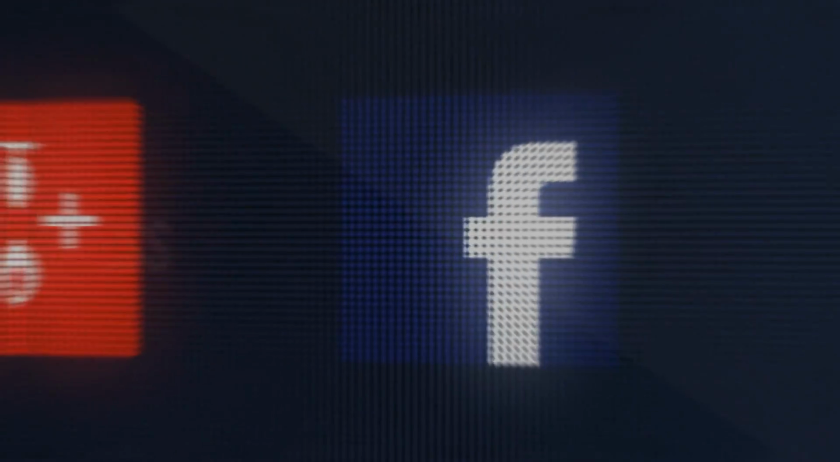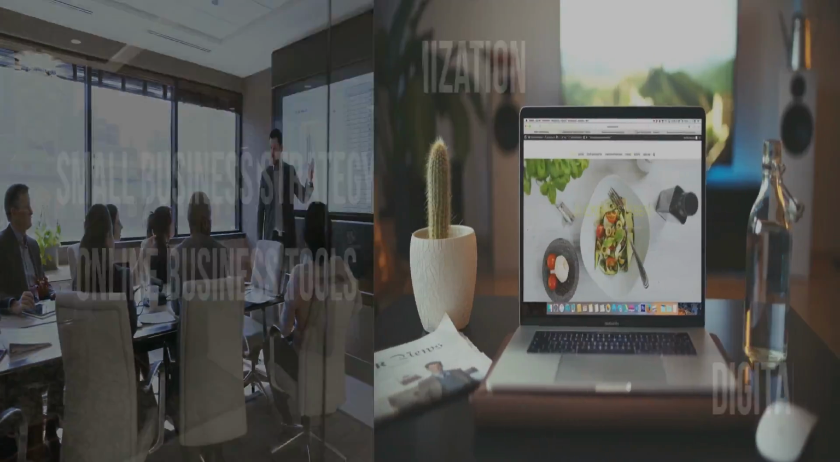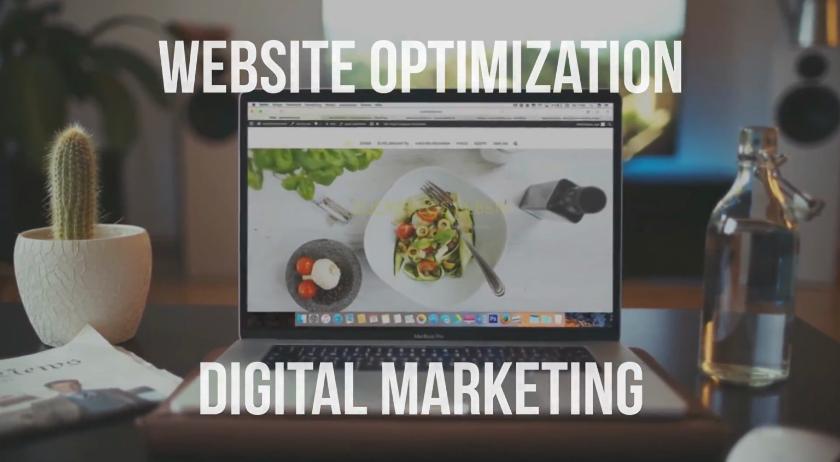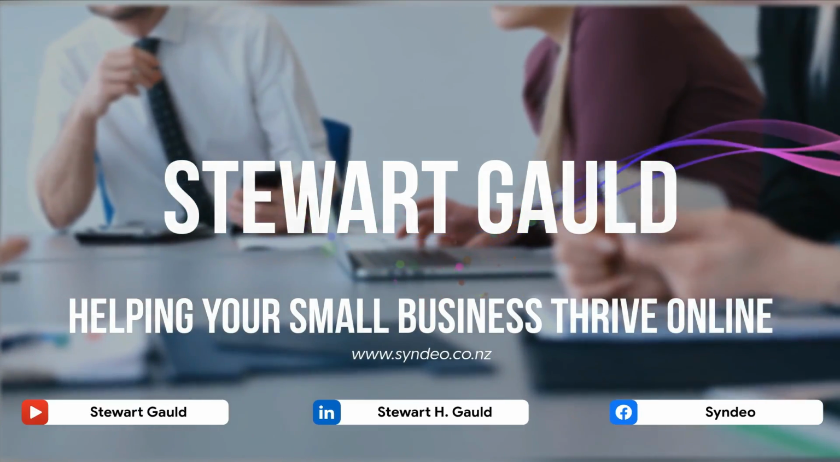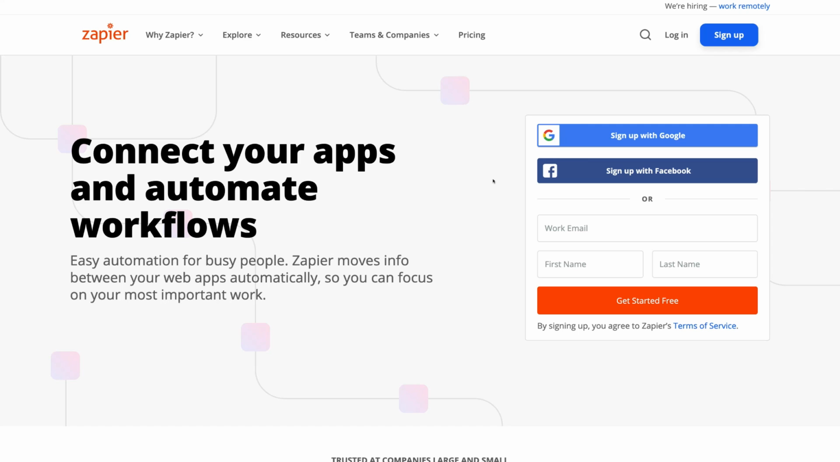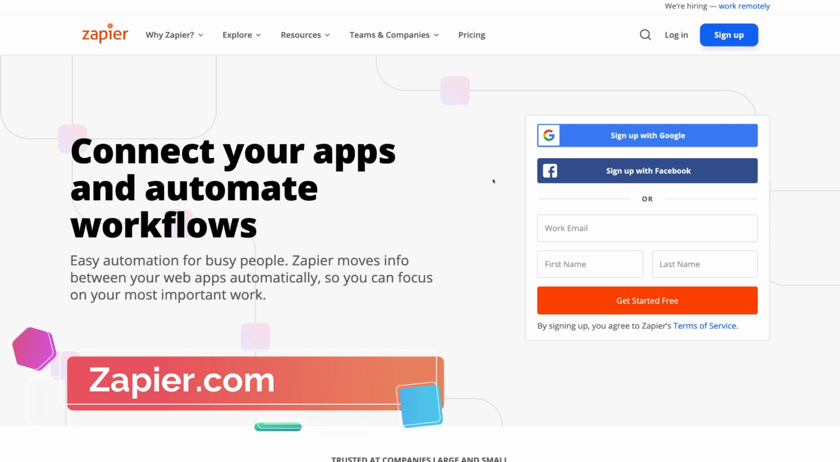And with that covered, let's get you started with Zapier. Okay guys, let's get started with Zapier. So the first thing we need to do is head over to zapier.com and sign up to our